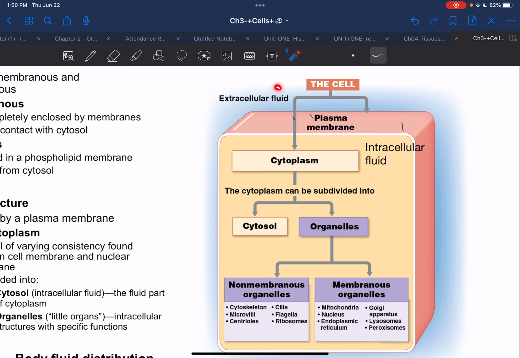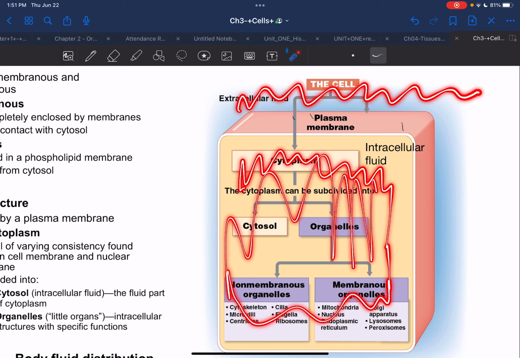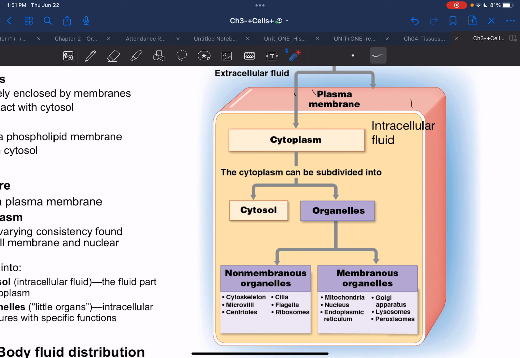And so as you look at this word, extra means outside. Cellular means exactly what you think, cell. So outside cell fluid. If you look at this one, intra means inside, inside cell fluid. So there's fluid outside, there's fluid inside, and the only thing keeping them separate from each other is this plasma membrane. The word cytoplasm should in your heads mean area